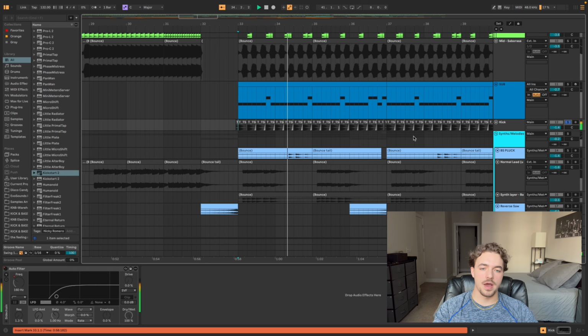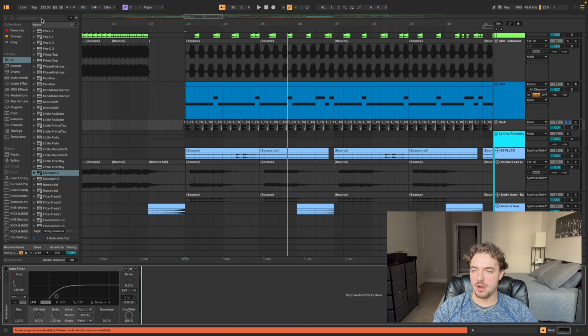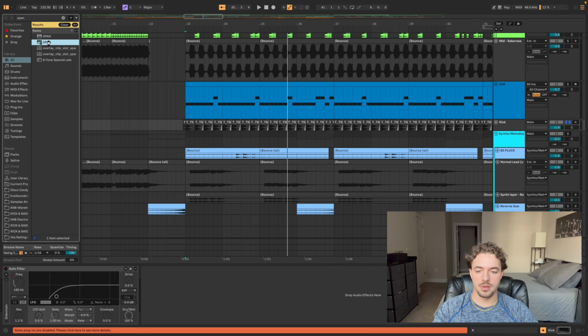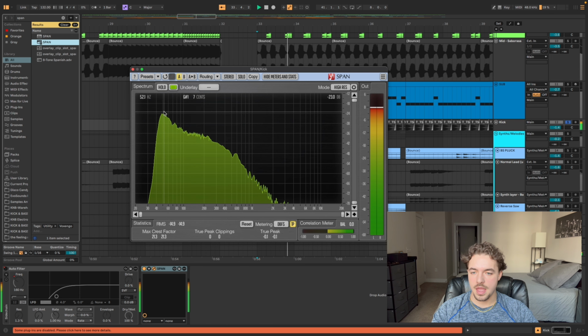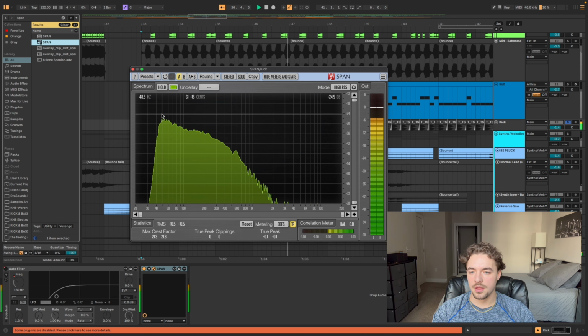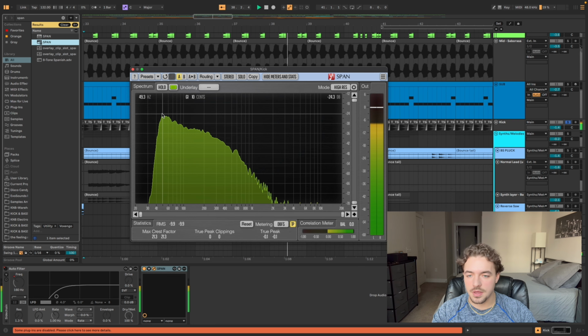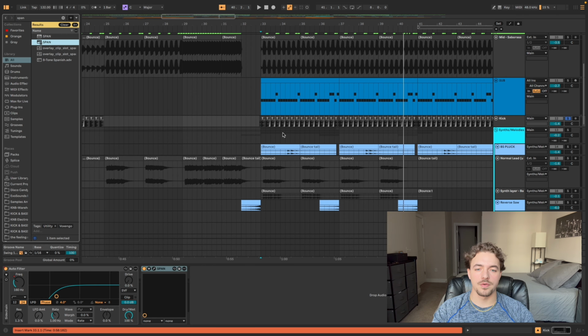And a lot of times you want to find a kick that's loud, because your kick is going to be the loudest thing in your mix. Basically, it should be the loudest thing in your mix. So if you can find a kick that's pretty loud, I'll show you guys what I do. I open SPAN, it's a free plugin. Pull it up here, change this to high res, and then solo the kick, and see how loud you can have the dBs. The peak dB on here at the bass frequency is going to be about 24 dB. So whenever you do that, you want to find a kick that's a bit louder, because you don't want to have to squash it whenever you're mastering your mix and you're raising the volume of everything.